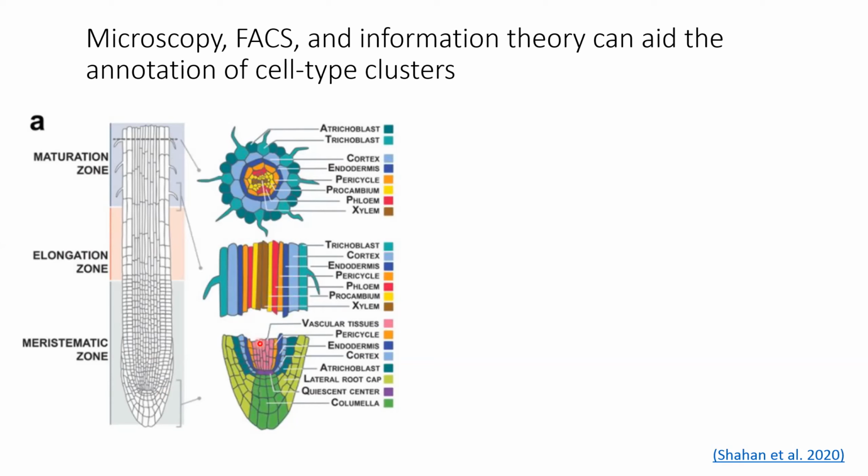So in this study of root development in the plant Arabidopsis, the authors used fluorescent microscopy data that mapped the expression of transcription factors and other marker genes to specific tissues within the plant's root system. And Arabidopsis is a really good system to study development because the maturing cells are spatially organized. So we have new cells generated at the meristem tip. And as the cells transition away from the tip and up the plant stem cell, they differentiate into cell types